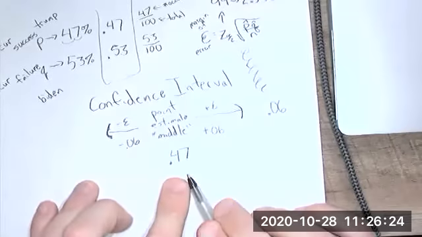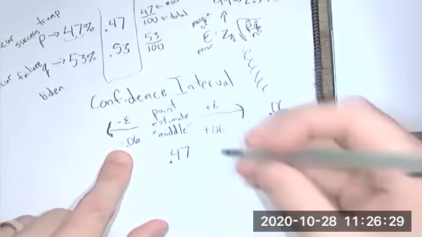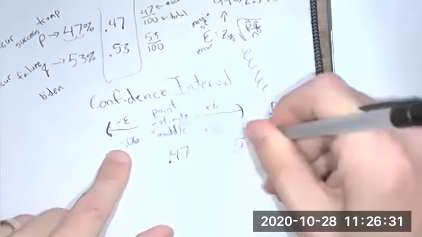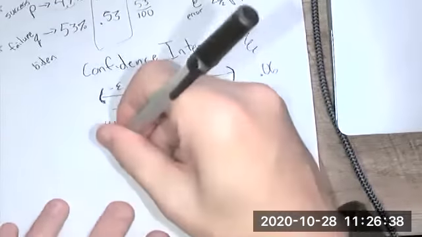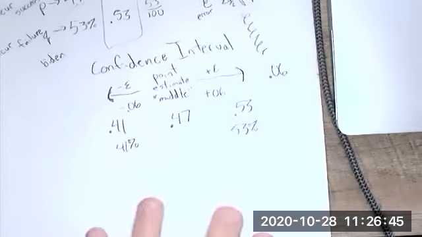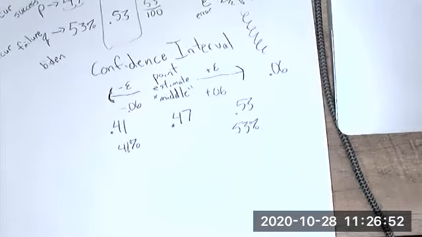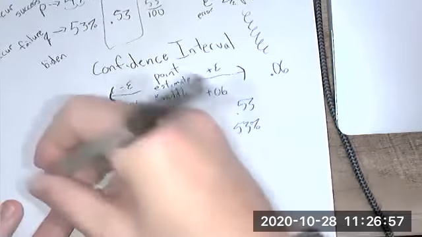You start with your point estimate. You add your margin of error, you subtract your margin of error. You would get a 0.53. You would get a 0.41. Remember that those are percents. This would mean 41%. This would mean 53%. What this means, and this is the overall idea, right? We crank out these numbers. These numbers are something to come into a calculator, and it looks like hieroglyphics when we look at it on our notes and on our MyMathLab when they're showing us. But what this means is